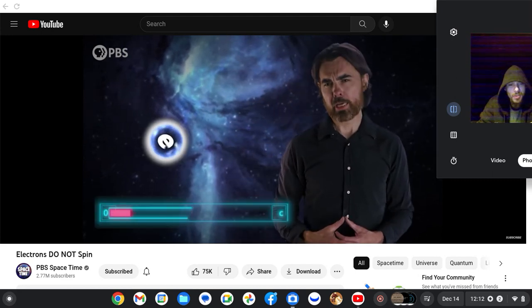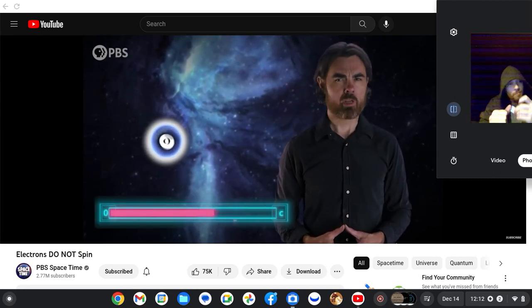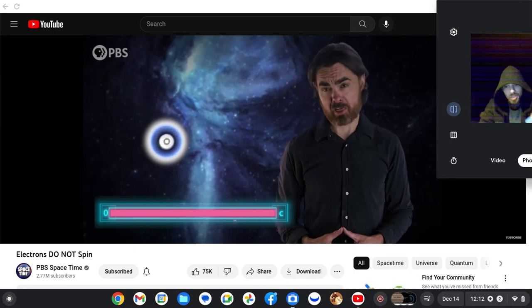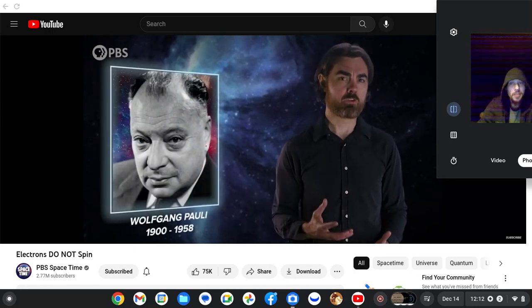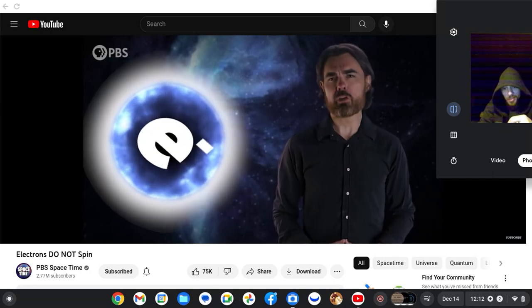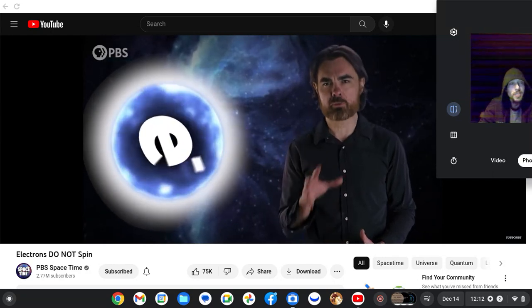For example, in order to produce the observed magnetic moment, the electron's surface would need to be spinning faster than the speed of light. This was first pointed out by the Austrian physicist Wolfgang Pauli. He showed that if you assume electrons have the maximum possible size given by the best measurements of the day,